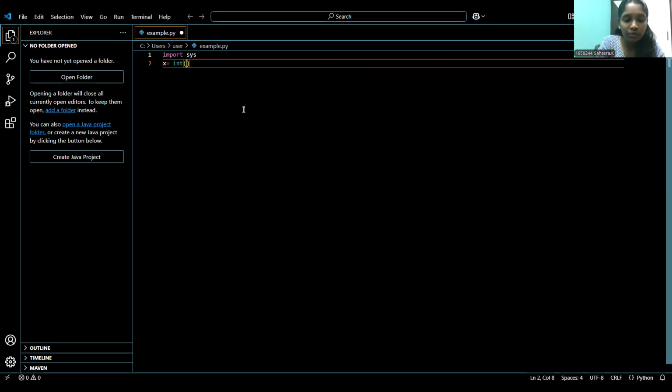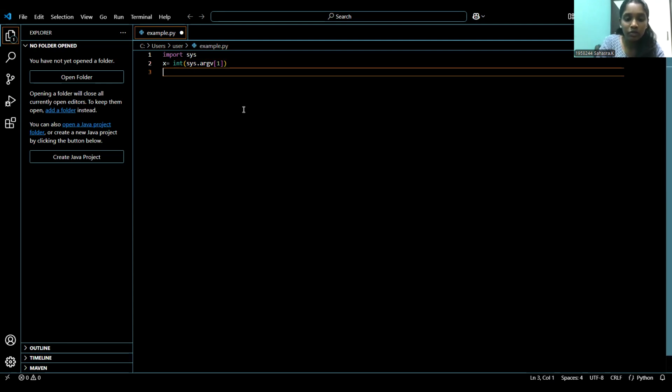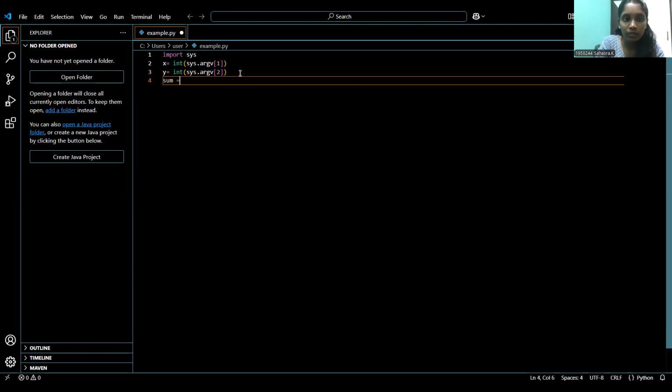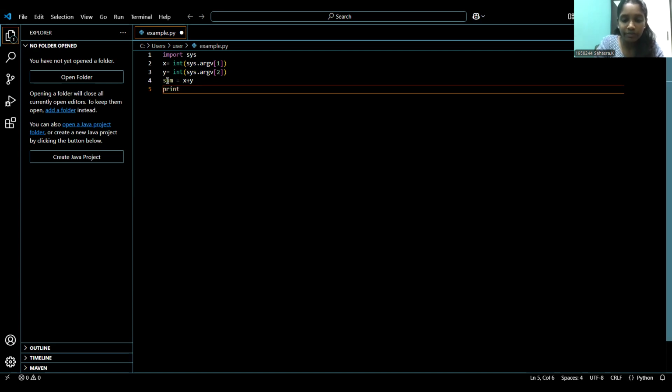So x is the second element and y is the third element. And we'll store the sum under a variable name called sum, and then we'll print the sum.